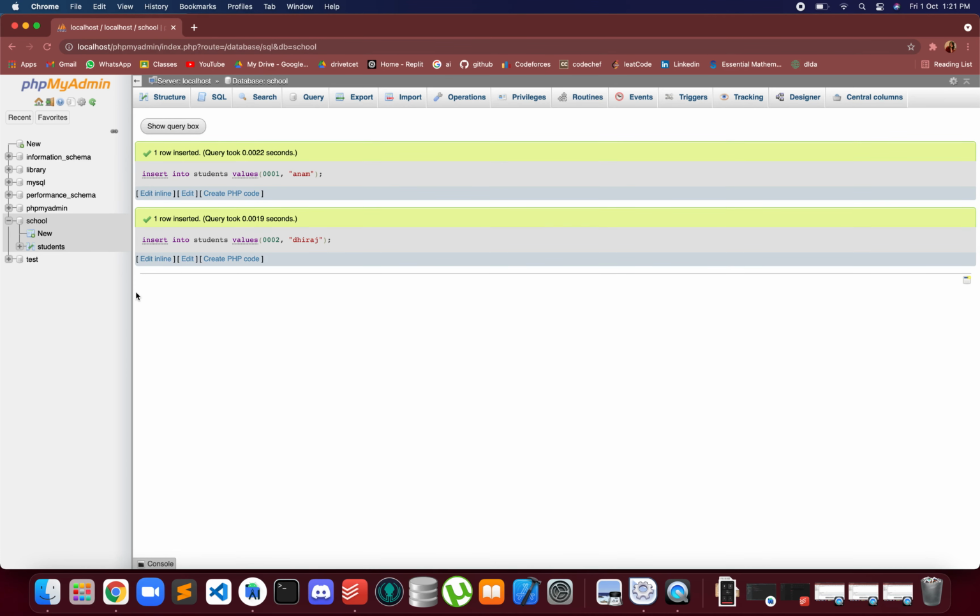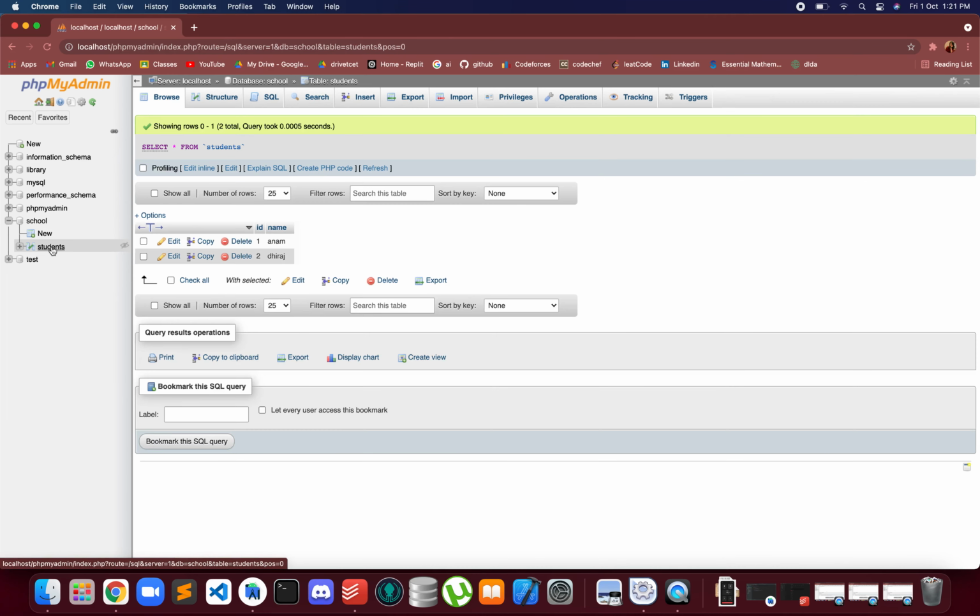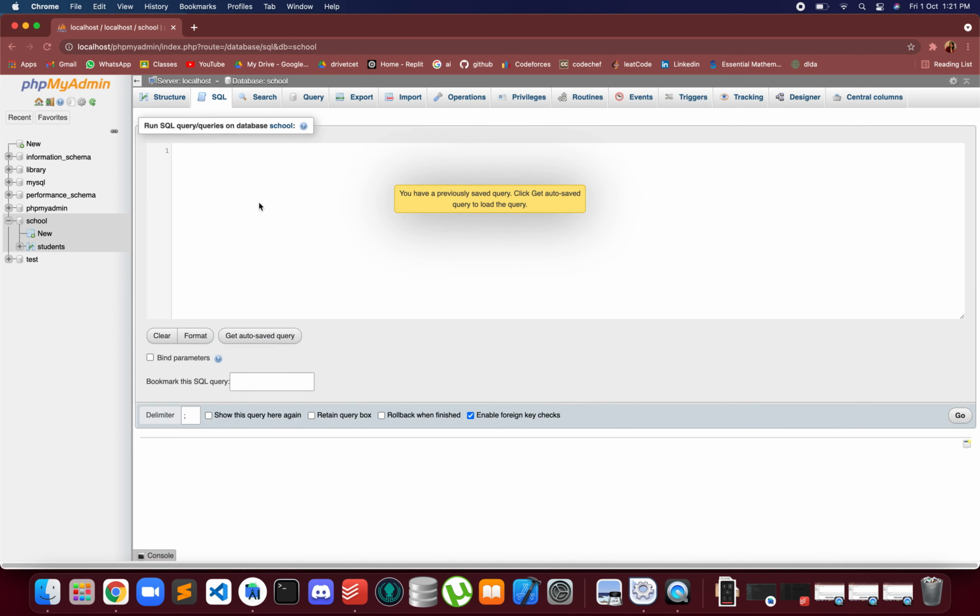So it says the data has been added successfully. So if we open our students table, we'll see the data that we have added, which is Anam and Dheeraj, and now we'll try to truncate the table.